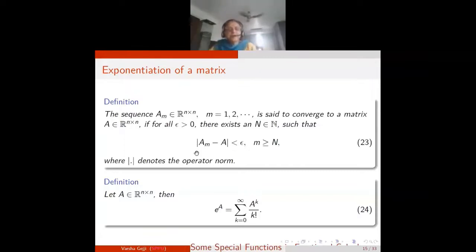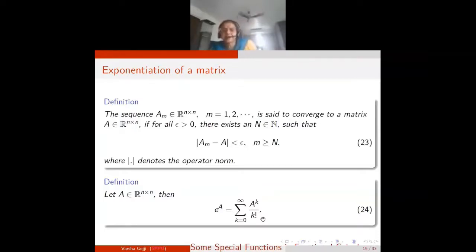So if that norm is less than epsilon, then you say the sequence of matrices converges to the matrix A. In the same line, you now define e to the power A, where A is a matrix. And what is that matrix? It is the summation k going from 0 to infinity, A to the power k by k factorial. So what are we now generalizing? We are generalizing